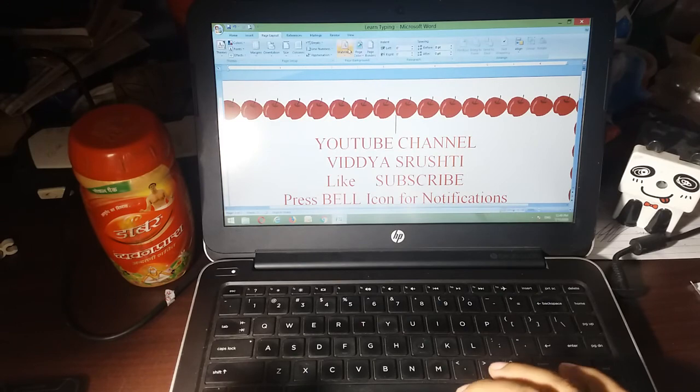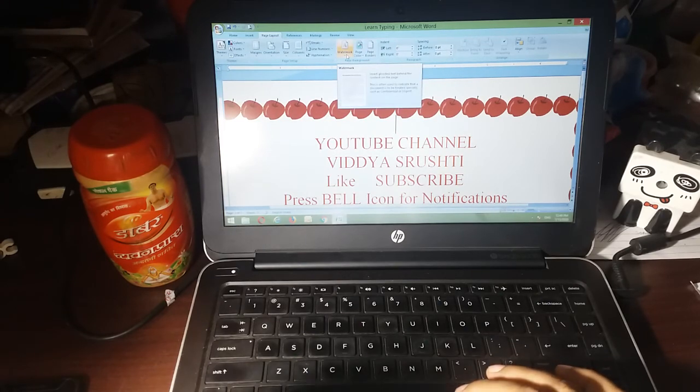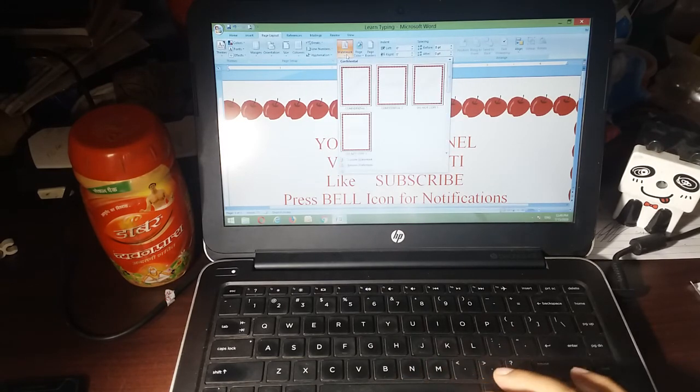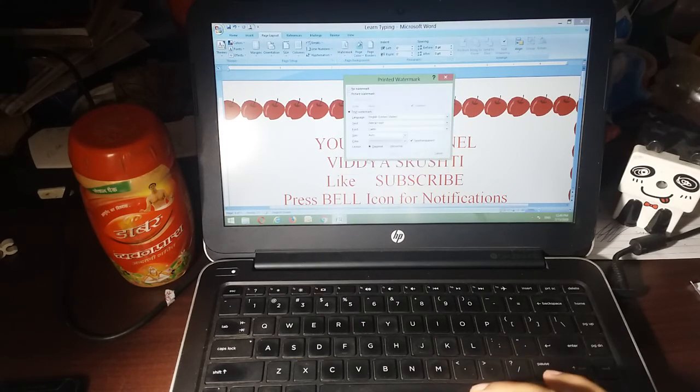What we can do is, important we can do it horizontally. How we can do? Let's click on watermark again. Let's go to custom watermark. See, we have written important. Layout we have given diagonal. What we can do is we can click on horizontal and then do apply, close.